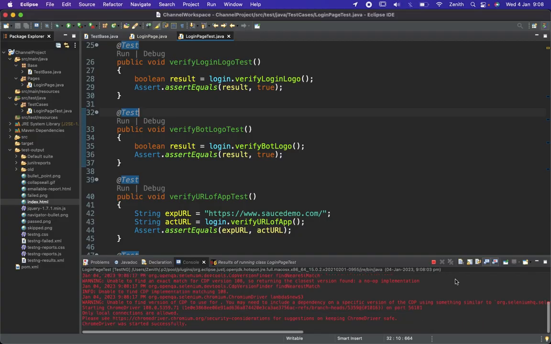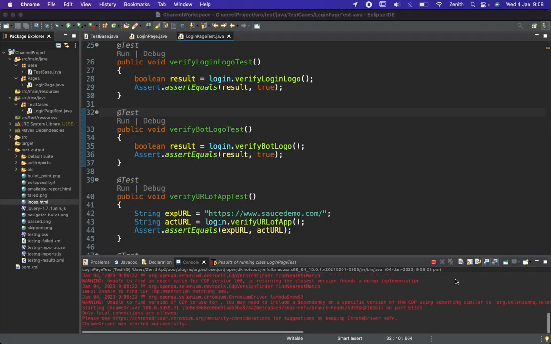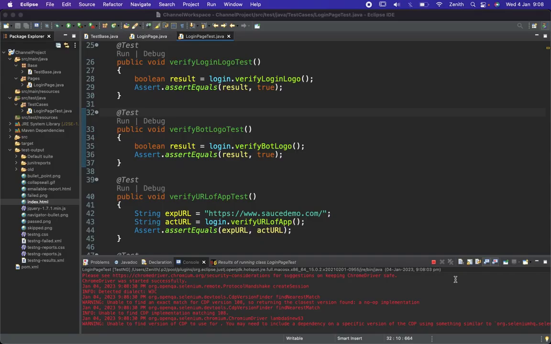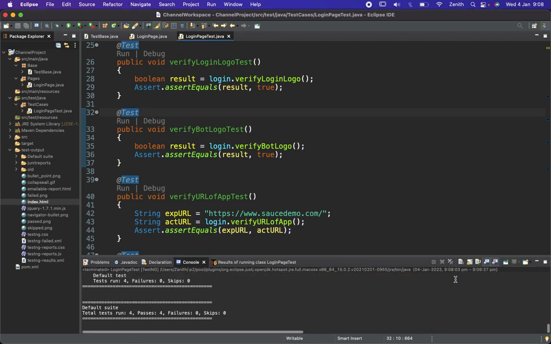So it started running. So what is happening? For every test case, the browser is getting opened. Then the URL is entered, and then the browser closes too. Here we can see total test run 4, pass 4, and 0 failure. Okay, and if we refresh our project